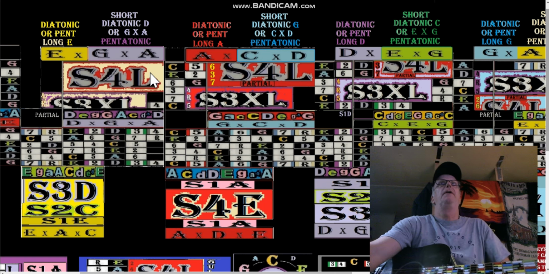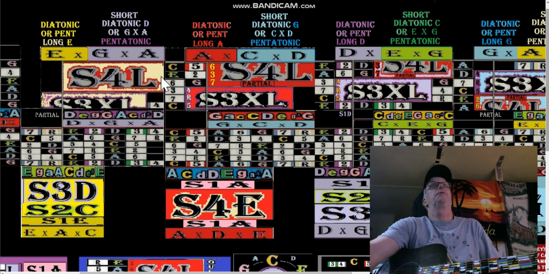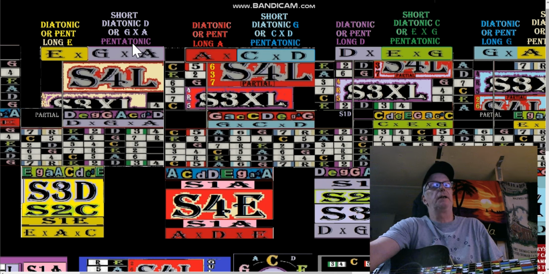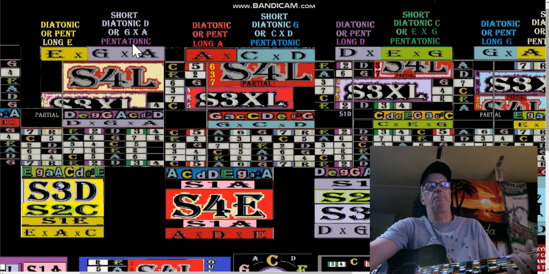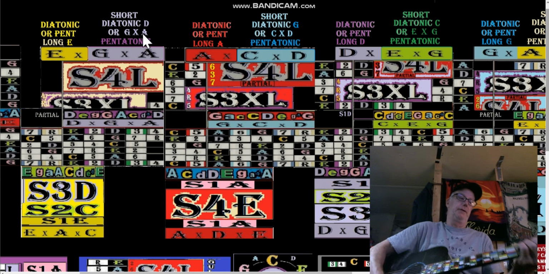So that's that shape. Now the next, so that's what we can do with the long. We can play the long, but if you're going to play the next pentatonic up, you have to play the next CAGE shape up. You have to play only the pentatonics of the fourth and the fifth of that shape. So the E shape,